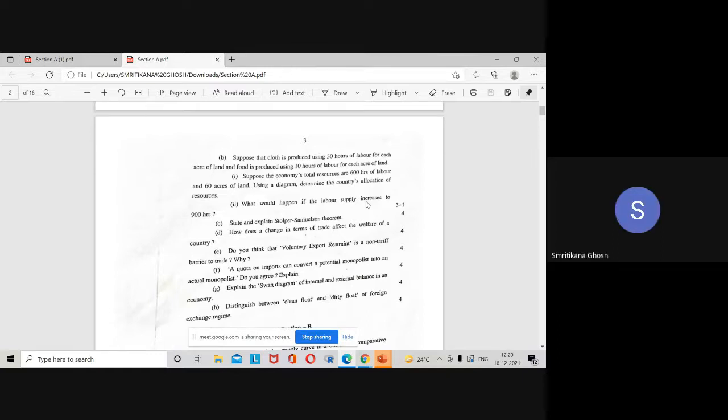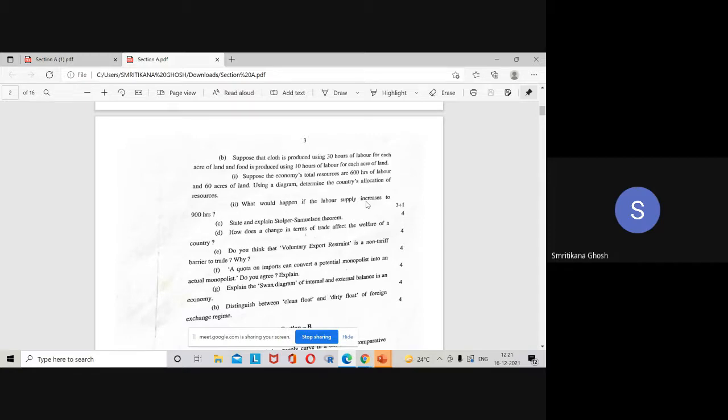State and explain Stolper Samuelson. Very simple, 4 marks. So at first you have to state it. I think that of the 4 marks, 1 or 2 will be for the statement, and the remaining marks for the explanation part. Now, for Stolper Samuelson, remember that mathematical derivation is not required. Only the logical explanation will work. Just take the theorem, the end result of that mathematical derivation, and from there explain. That part will be okay because the mathematical derivation is around 2 pages, so it's not required for the full marks of 4.